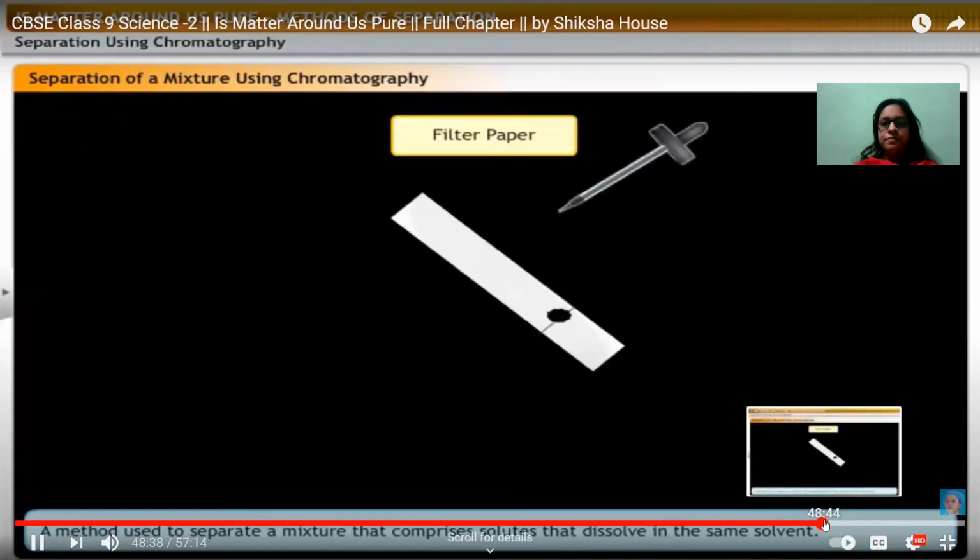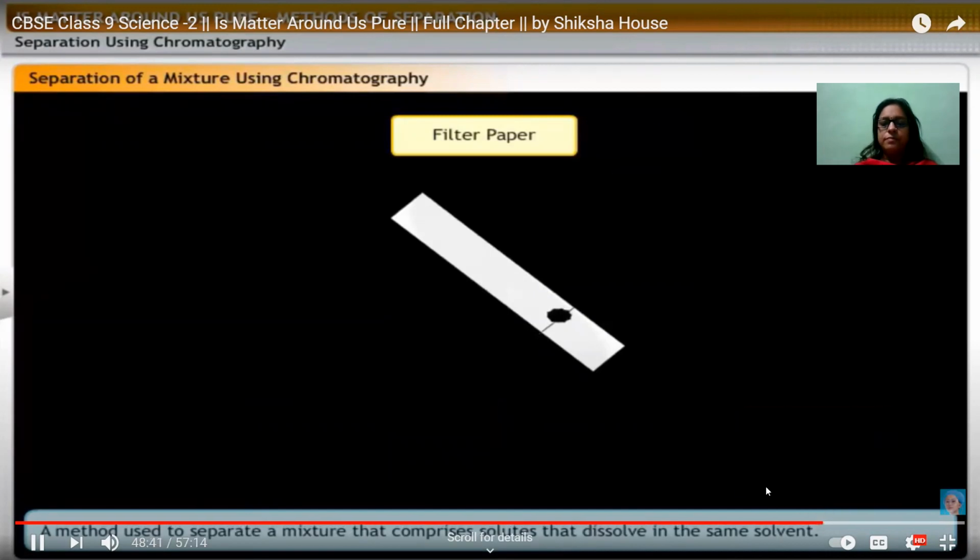Then, put a small drop of black ink on the filter paper in the center of the line, and allow. बेटा ये मेथड आप लोग भी घर पर कर सकते हैं आराम से. You just have to take a filter paper, just cut a long strip of it, ठीक है, in a rectangular strip we can say, and from bottom just take a 3 centimeter, put a line on it,